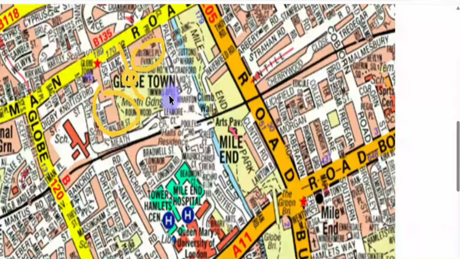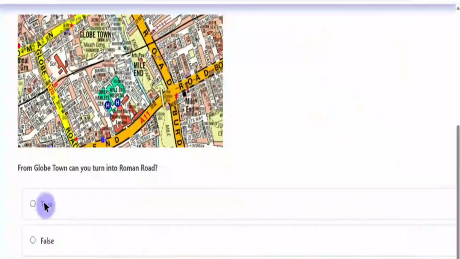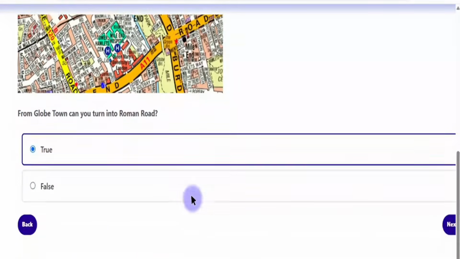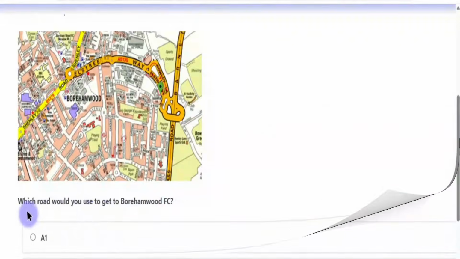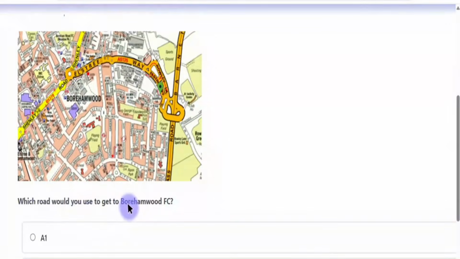So if we take from here, then yes, we can go to that Roman road. There is a road there, so the answer is true. So the answer is true. Next question, which road would you use to get to the